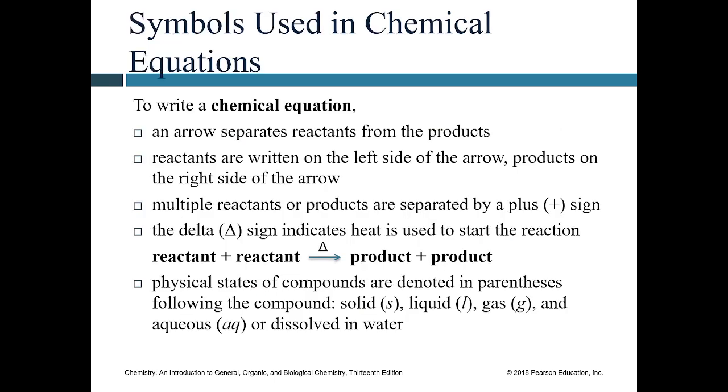Okay, so let's write chemical equations. To write them, you need an arrow. It separates the reactants from the products. The reactants are, by definition, written on the left side. For your purposes, this will be fine. You'll never actually need to deal with anything else. Okay? For anybody that's going to deal with chemists, though,